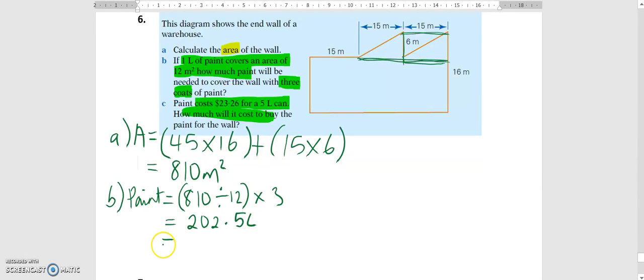Okay, so at that point in time, what you're going to do next is, obviously that's an answer with a decimal, but we're going to keep that in mind for the next part. So the next part says, how much will it cost to buy the paint for the wall if it costs $23.26 for 5 litres? Well, what I'm going to do is